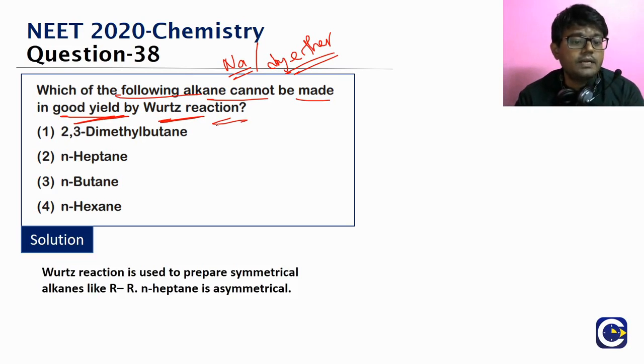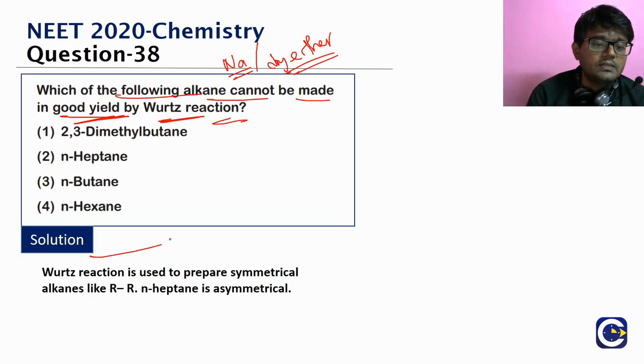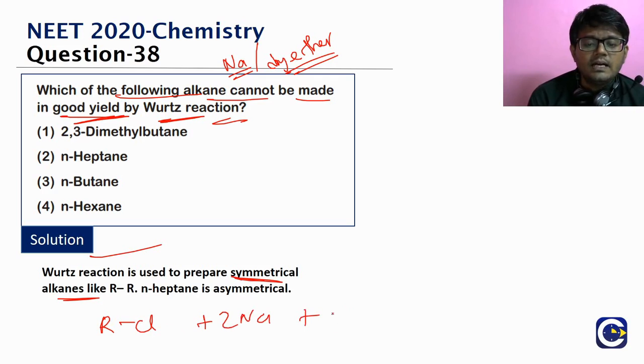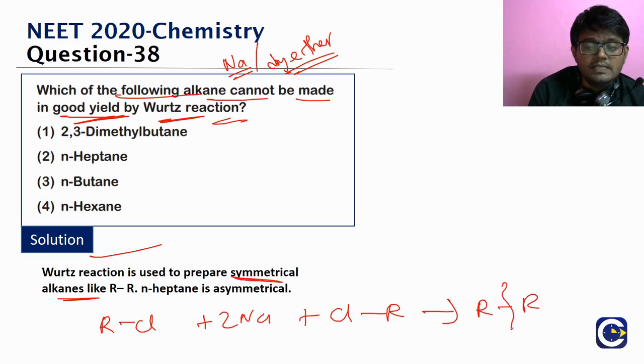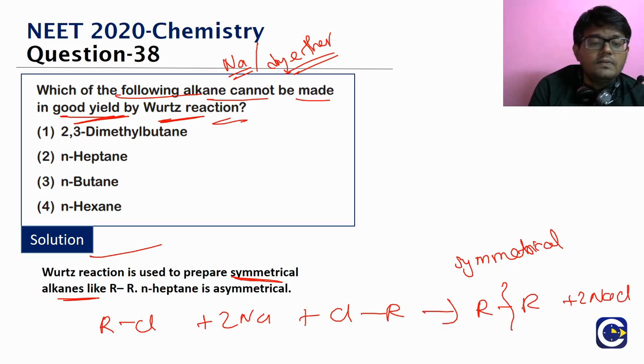Generally, when we look at the Wurtz reaction, we will be getting symmetrical alkanes. If you have RCl, two entities of RCl will combine with sodium to give rise to a higher alkane. The alkane will have double the number of carbon atoms. We can see it is symmetrical. So the alkanes are going to be symmetrical alkanes. This is what we will be able to see in terms of the Wurtz reaction.